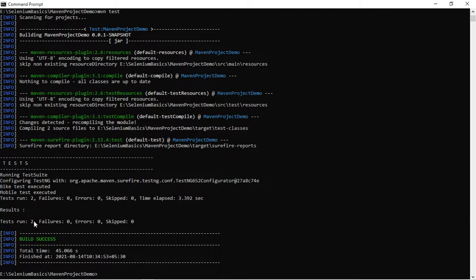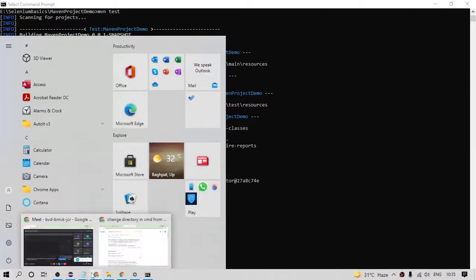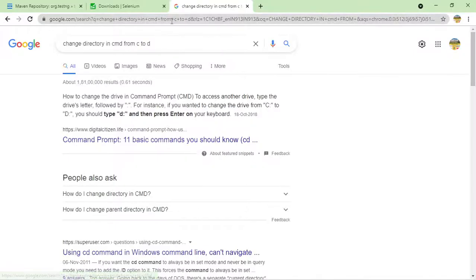So you can see tests run 2, failures 0, which means everything is working correctly. So till now it is clear to everyone how we can run the test case from the command prompt using Maven. Okay, I hope it is clear.